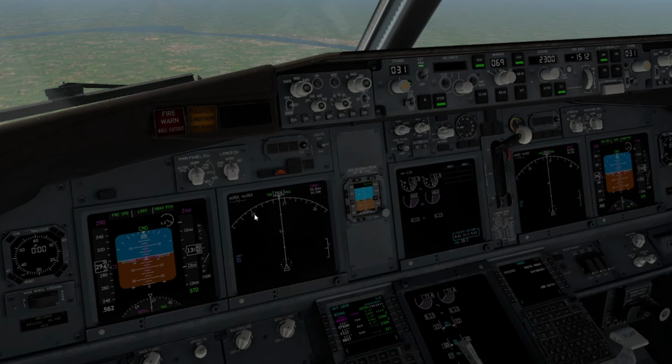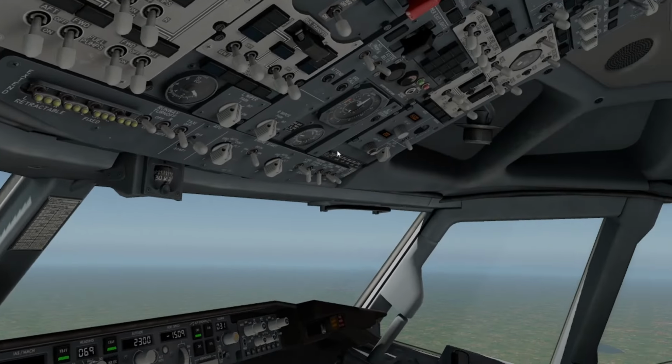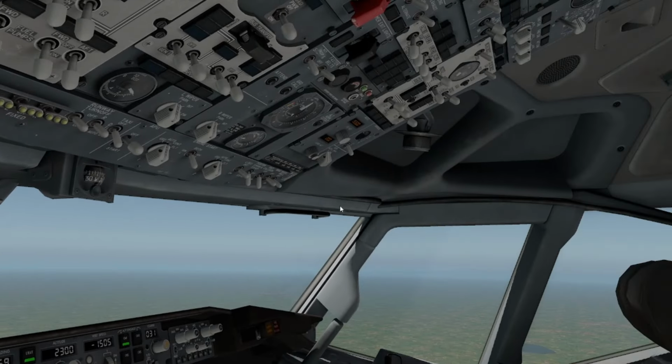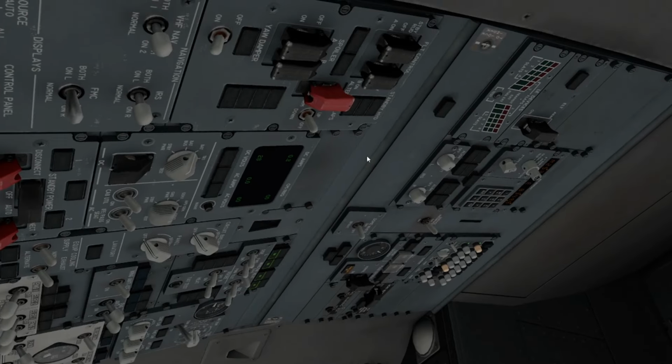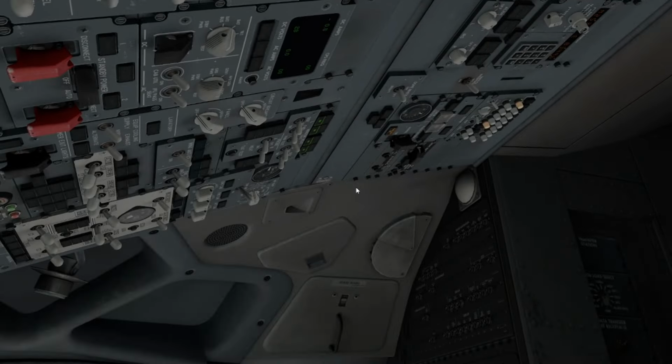This is an oxygen pressure warning. I don't know why we are getting this because everything looks good here. And in this mode of the plane, it doesn't allow us to do like,